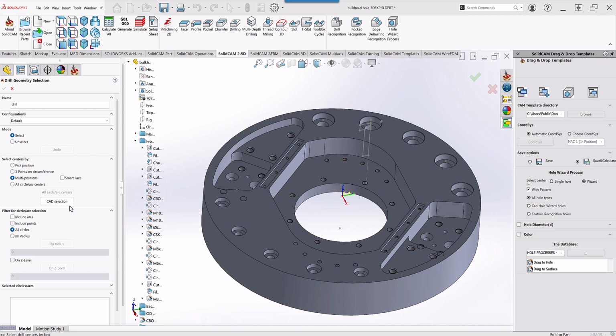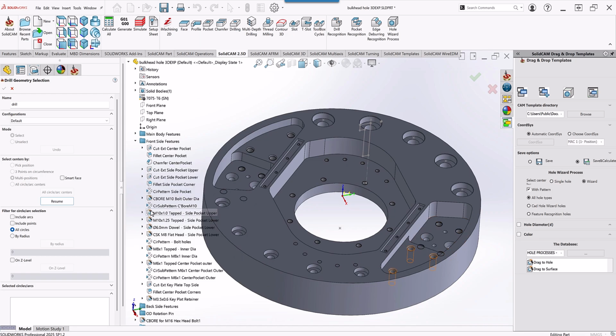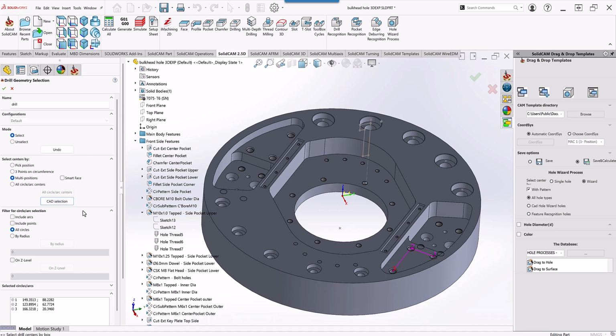Let's click on CAD selection and say I want to pick these three holes from the CAD tree. I'll go down and I know that those particular holes are M10s. I'll click on that particular hole and you'll see that that has been chosen. All I have to do is go back to resume and those three holes will appear inside my list for